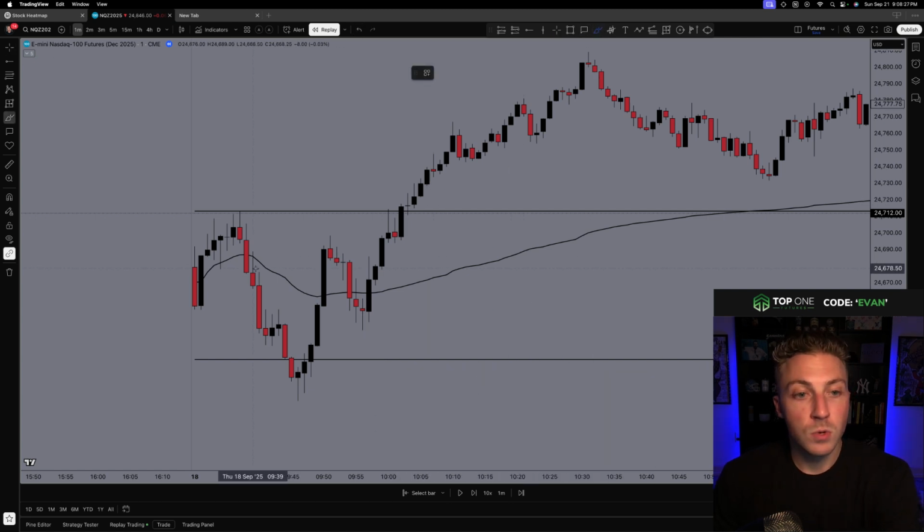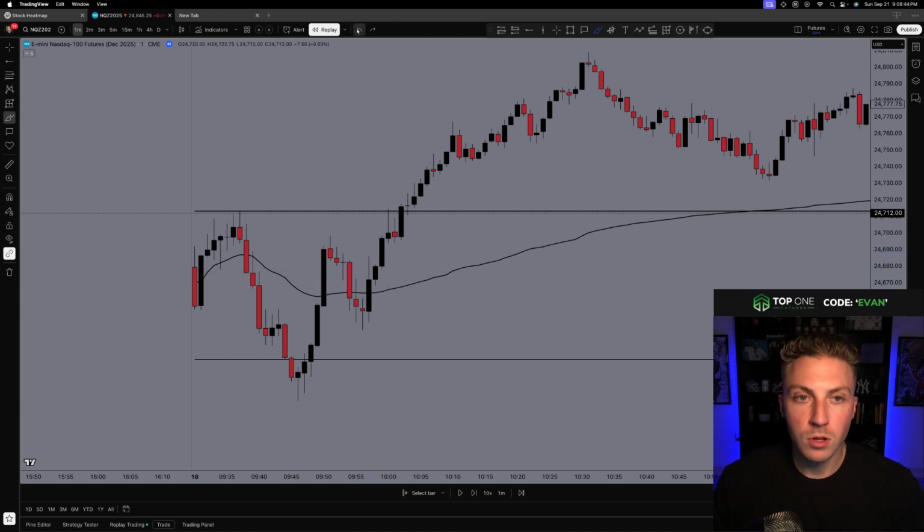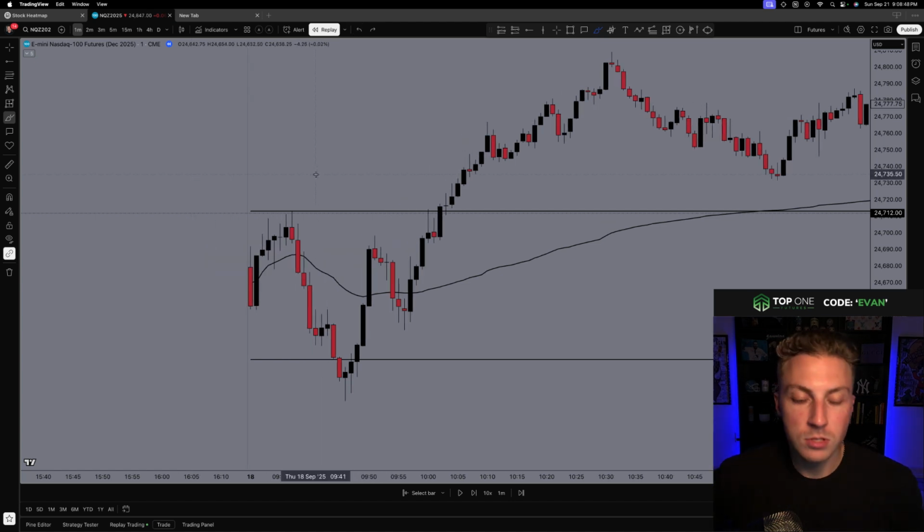While the open range is setting, we could have shorted it down there on the break below New York. We could have chased the break above New York VWAP, this break back below, even the long back above, right? 4 ideas in 30 minutes. Which one should I choose? Which one's going to win? Which one's going to lose? So much information so quickly. Give me more information. Make it a little bit more clear that I don't need to guess or predict. I'm just reacting to what the charts are telling me.